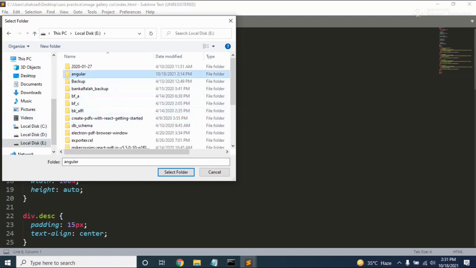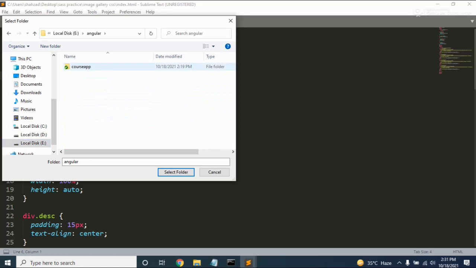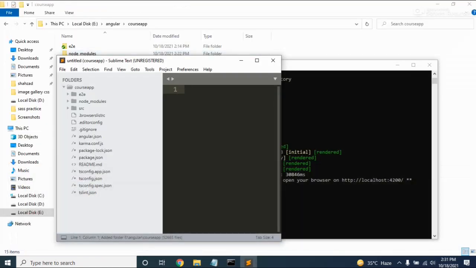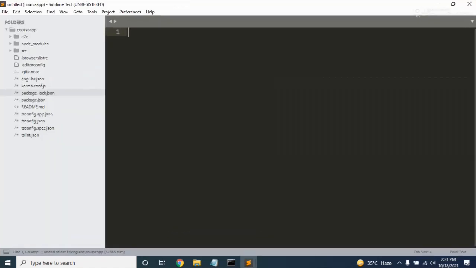So this is the course app. I'm just going to select this application, and here you can see our application has been selected and opened in my Sublime Text editor, right?